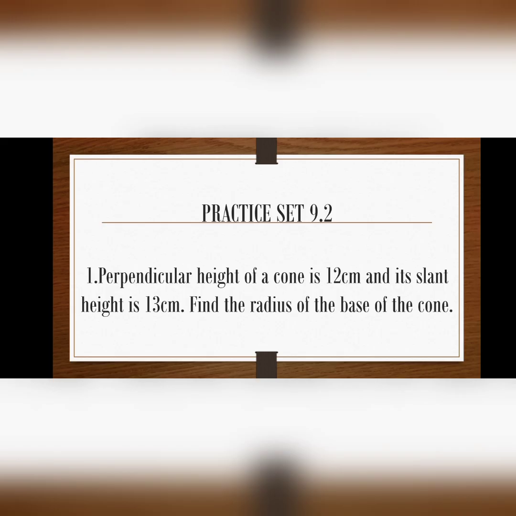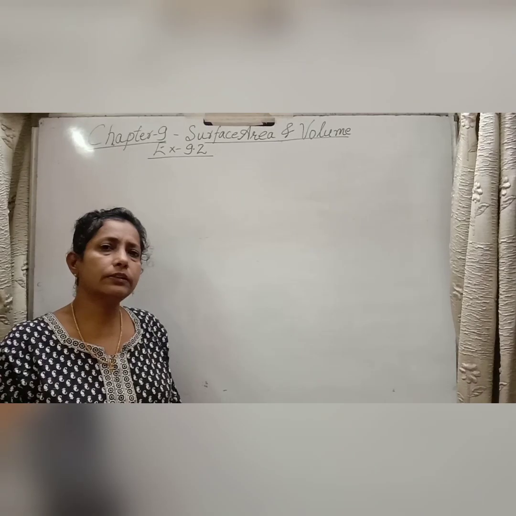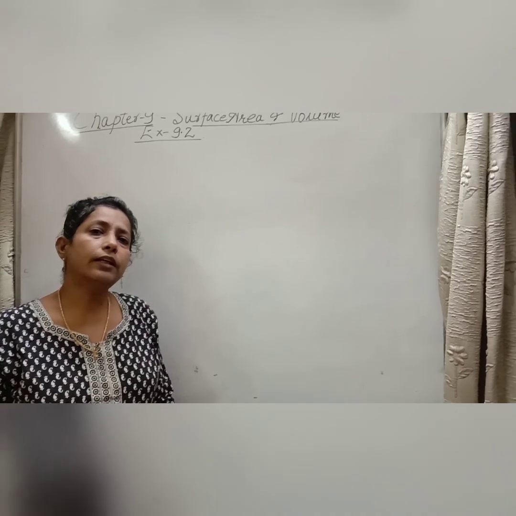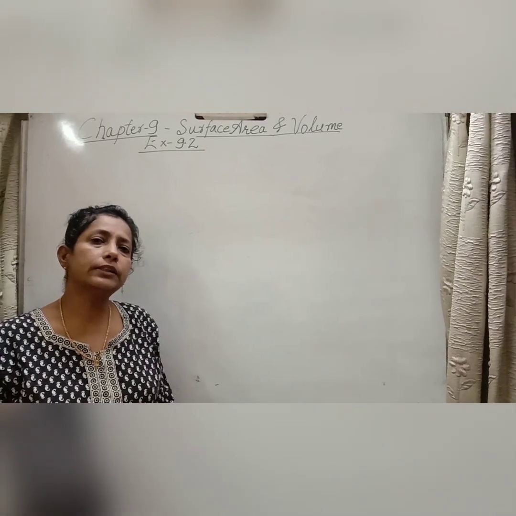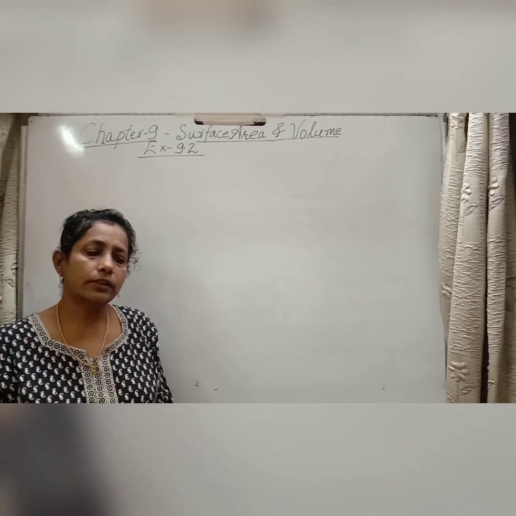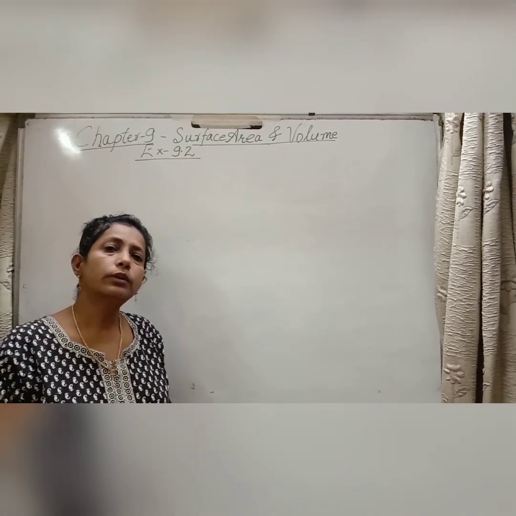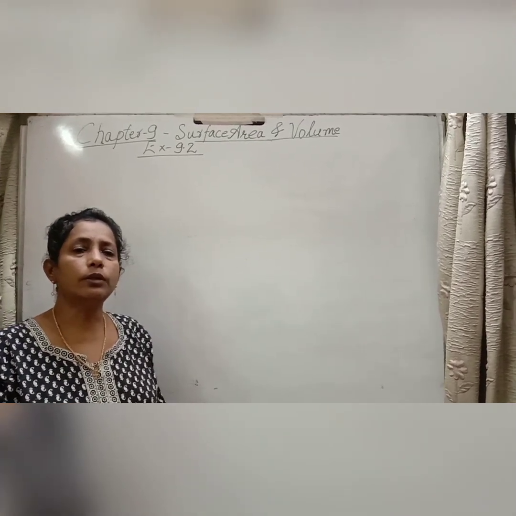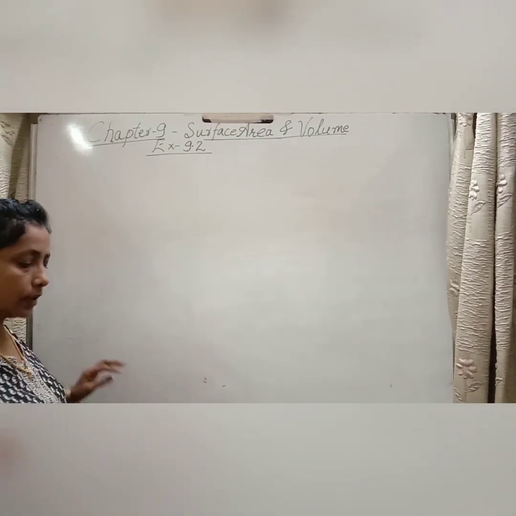Question number 1 is perpendicular height of a cone is 12 cm and its slant height is 13 cm. Find the radius of the base of the cone. Hence, we have learned about the surface area, curved surface area, total surface area and volume of the cone. We will be solving the questions in this exercise 9.2 related with curved surface area, volume of the cone. So the first question is,